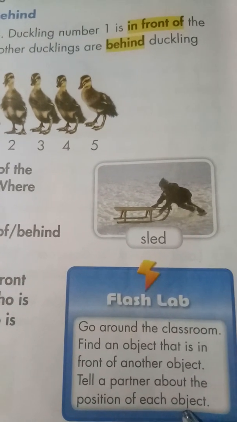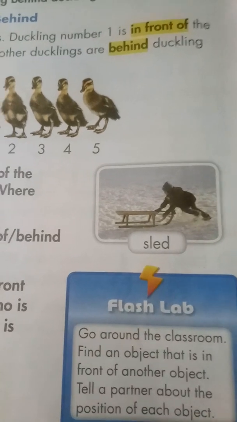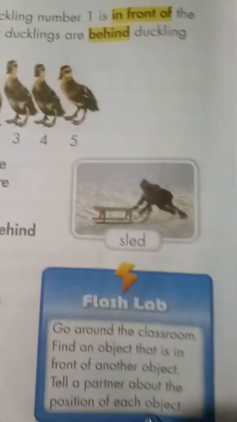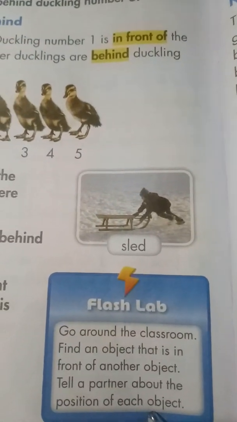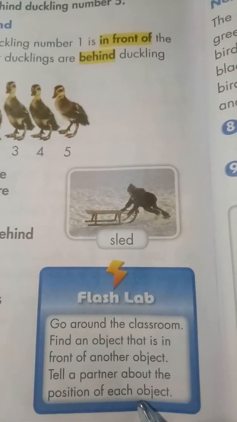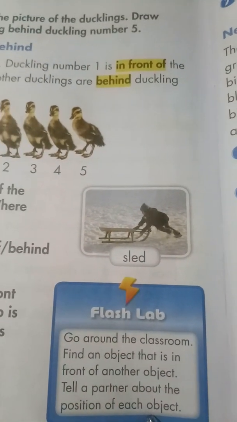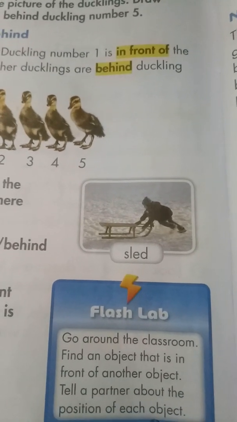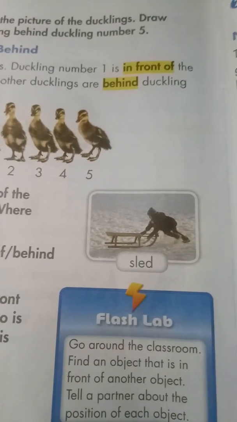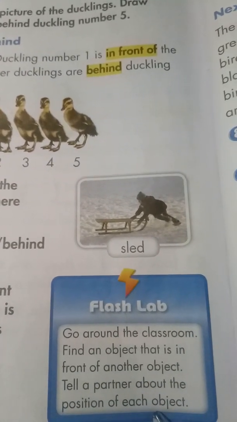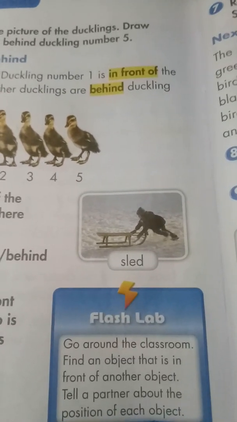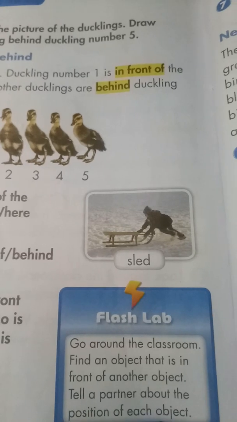As you have seen, the whiteboard is in front of you. There are some charts on the whiteboard. There are some charts which are in front of you. Likewise, you have a soft board behind you. You have many tables and chairs behind you if you are sitting in front of the class. Okay, you can write the names of the boys and girls sitting in front of you and sitting behind you.